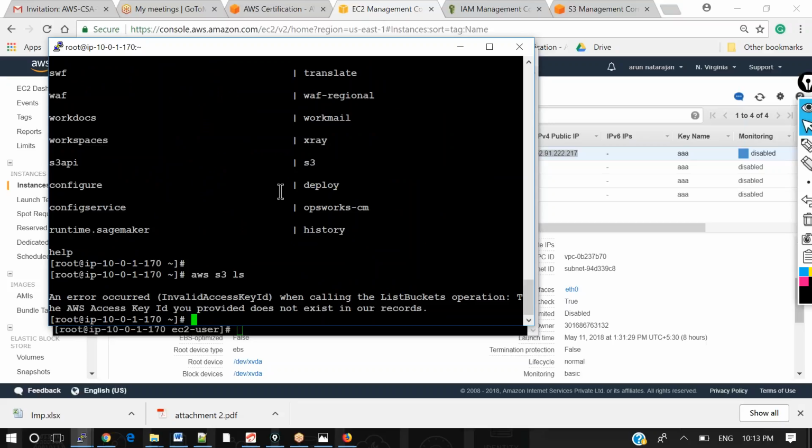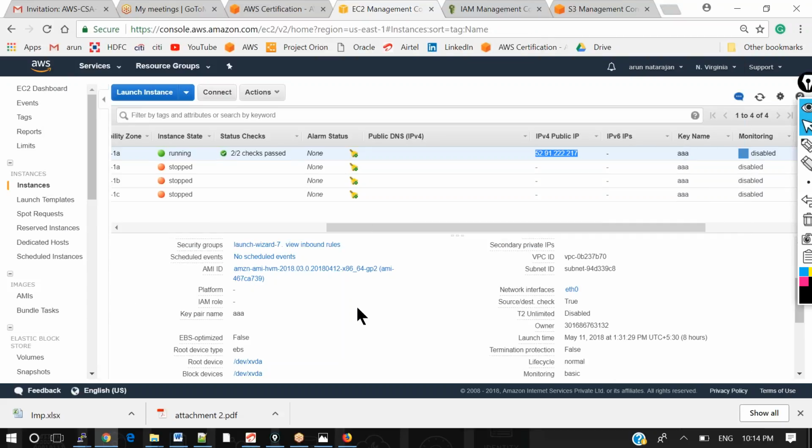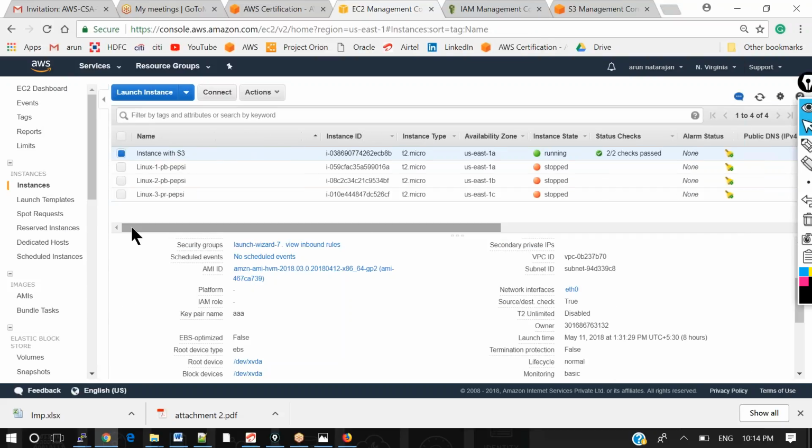Now it says, an error occurred, invalid access key, when calling the ListBuckets operation. That is, I don't have the permission to access S3. This particular instance does not have access to S3. Now I'm going to attach a role to this instance so that it can access S3.